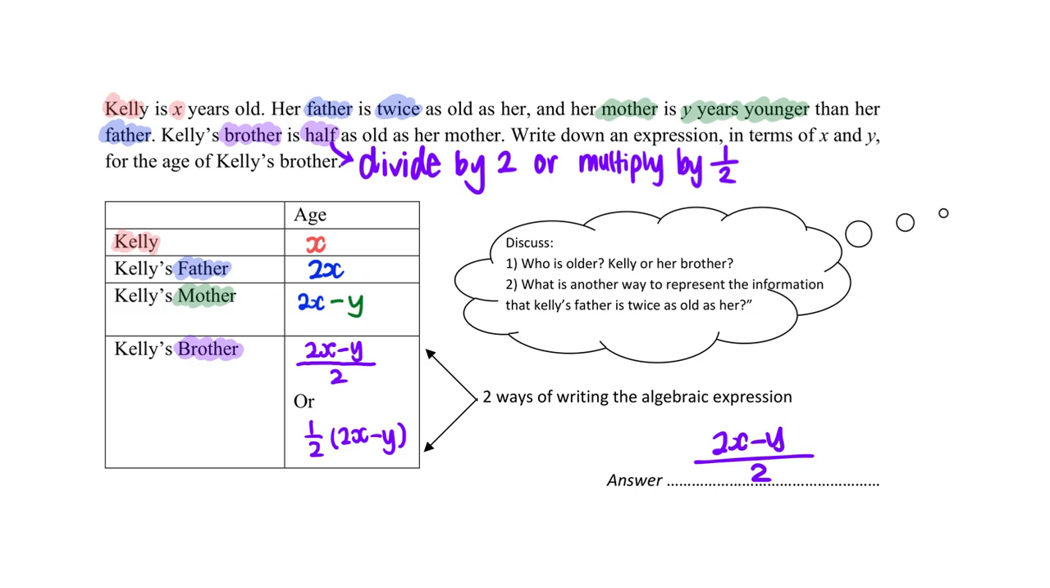at the bottom that if I have half times 2x minus y, I can rewrite 2x minus y as whole thing is over 1. Then the numerator times the numerator, 1 times 2x minus y is 2x minus y. Denominator is 2 times 1, 2. And therefore you can see that they are indeed